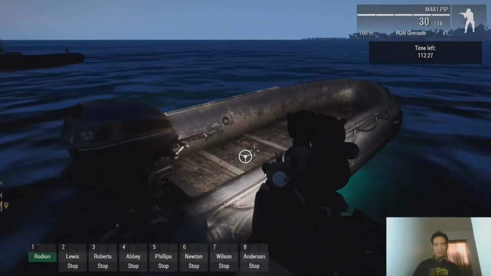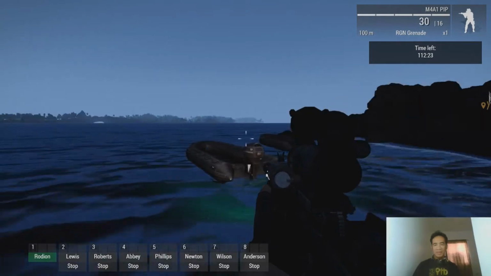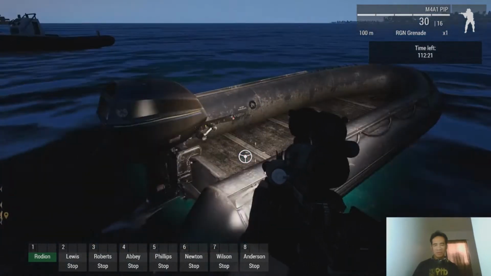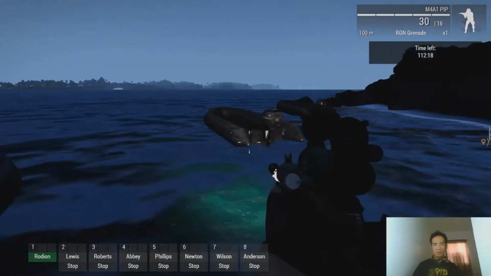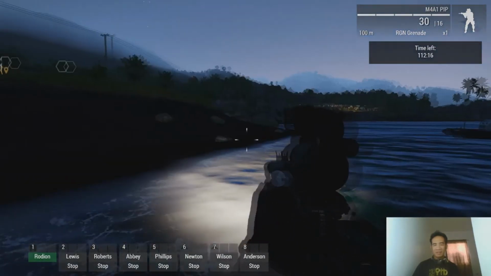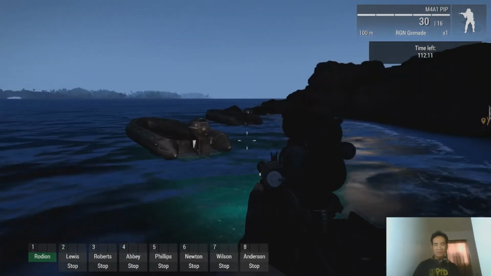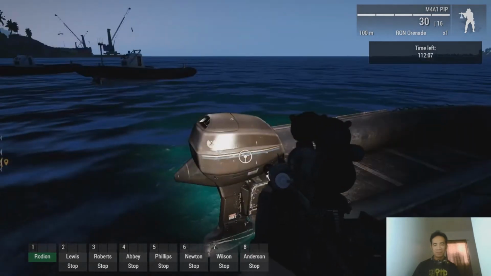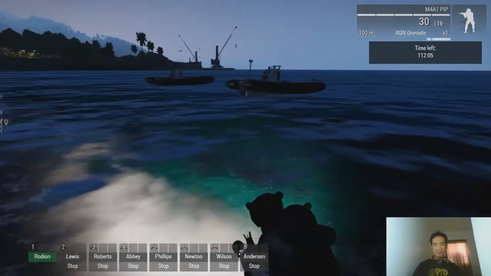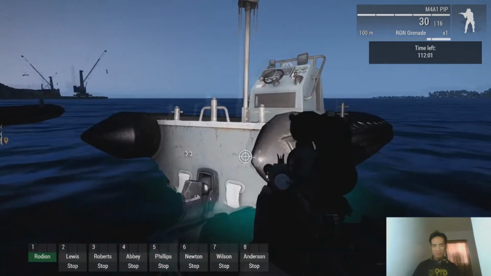So I placed some of these boats. So again, just like the warning message earlier, if you lose these boats, then bye-bye. If you have to respawn on this island, then you're gonna have to swim all the way. But there's an alternative. You can actually hunt for boats along the shore. There might be some abandoned boats that are not damaged that you can use. So here is one of the faster